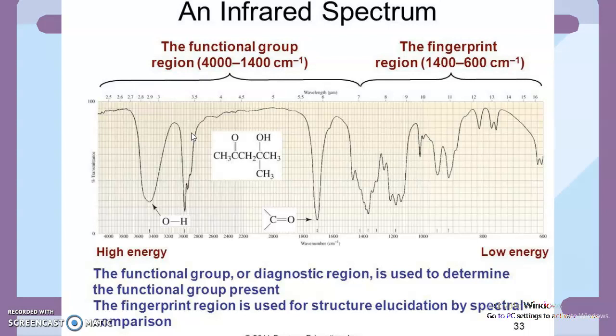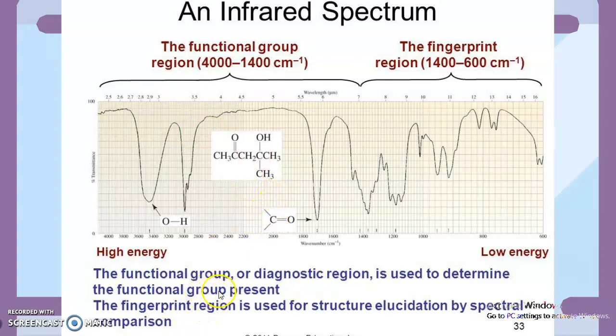The IR spectra which we get are made up of two distinct regions, which are the fingerprint region and the functional group region. A very important thing to remember is the fingerprint region and the functional group region. The fingerprint region ranges from 600 to 1400 centimeter inverse. Here I am talking in terms of wave number, and the functional group region ranges from 1400 to 4000 centimeter inverse. Okay, so the fingerprint region comes in the lower energy part, whereas the functional group region comes at the higher energy part.